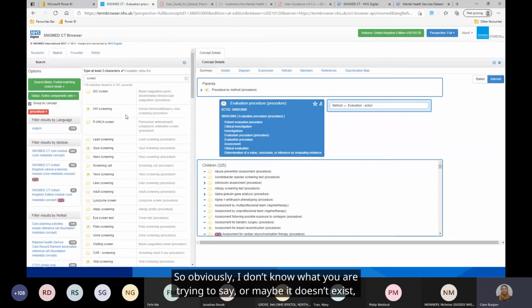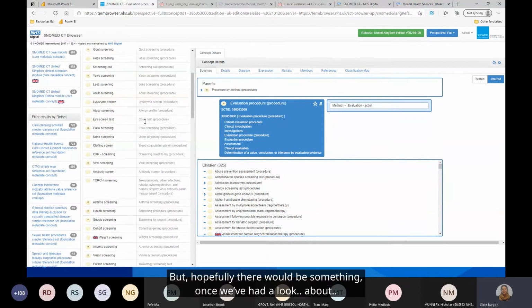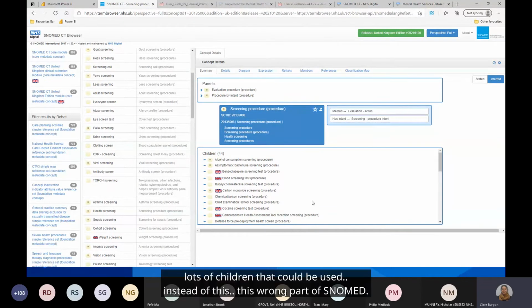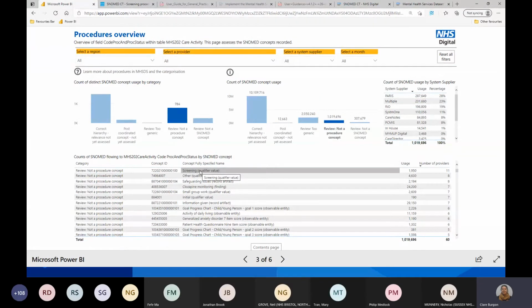Obviously I don't know what you were trying to say, or maybe it doesn't exist, which is why something like that has been picked. But hopefully there would be something. Let's have a look at health screening. Again, there's quite a lot of subcategories there, lots of children that could be used instead of this wrong part of SNOMED. Same with other.